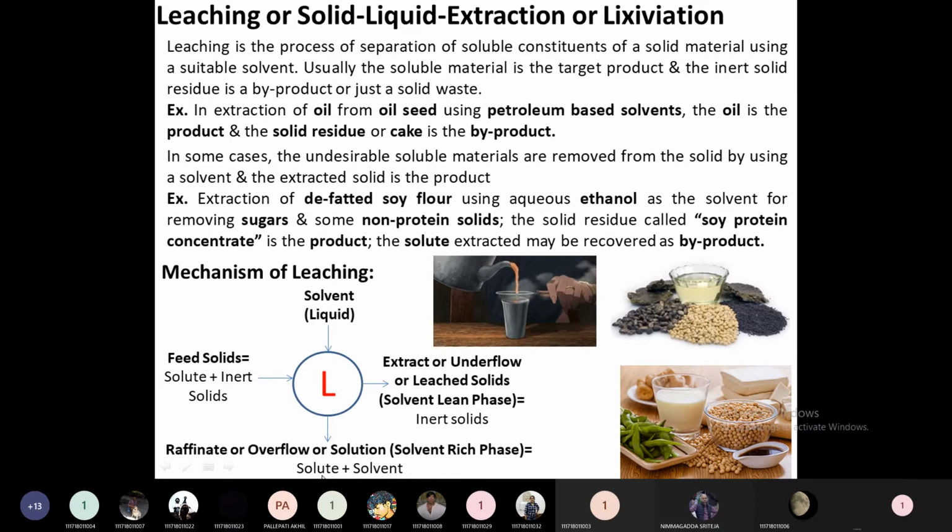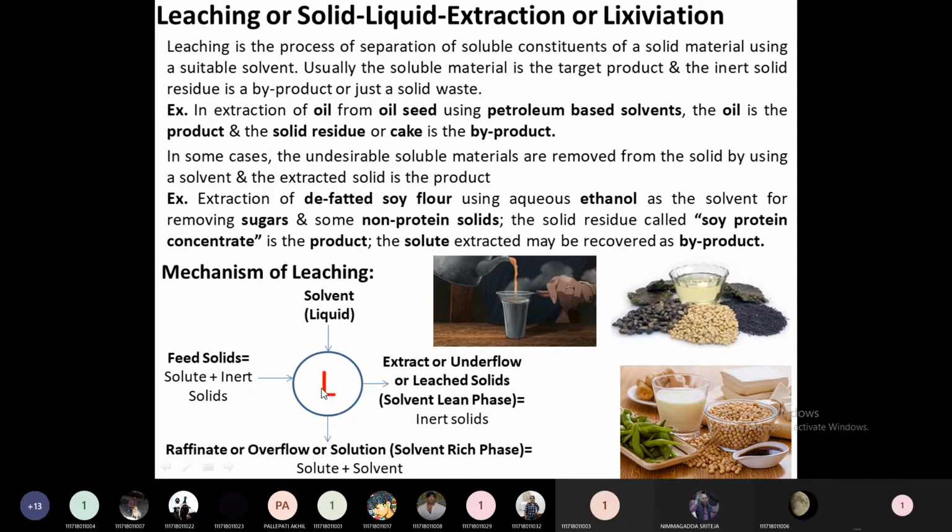Leaching and extraction are called secondary purification processes, whereas distillation and drying are called primary purification operations. Because when you receive the product from the distillation and from the drying operation, it is almost a pure product. We can directly commercialize that product.